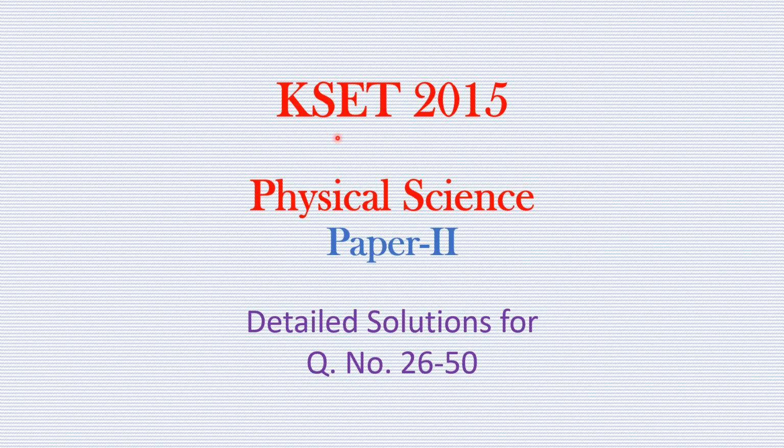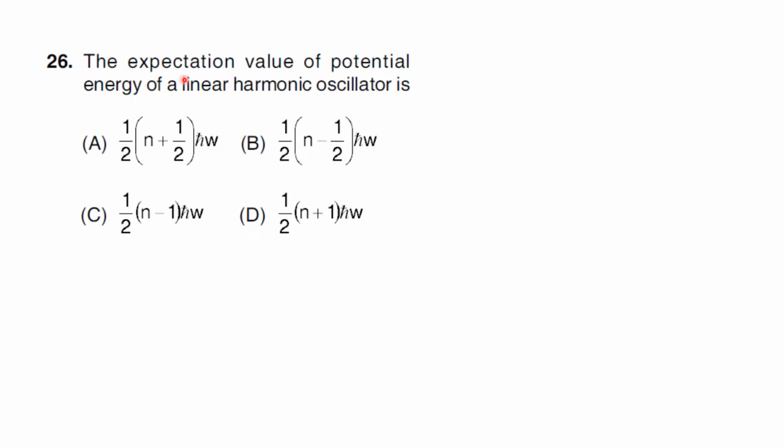In this video, I'll solve KSET 2015 Physical Science Paper 2 questions, and here I'll cover question number 26 to 50. The expectation value of potential energy of a linear harmonic oscillator is,